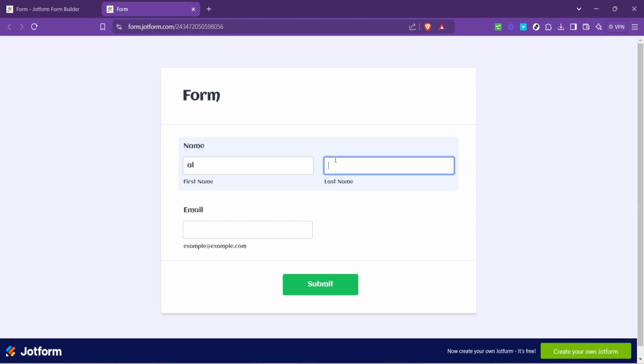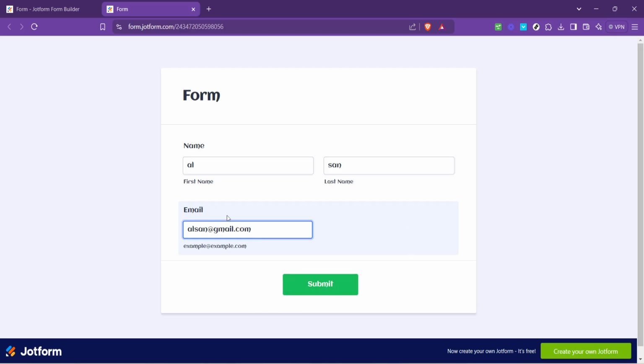During this testing phase, pay attention to several key aspects. Firstly, ensure that all the form fields accept the type of input you expect. For example, an email field should correctly identify and flag incorrect email formats. Secondly, test the form's responsiveness. Various devices, phones, tablets, laptops should have no trouble displaying the form correctly. Lastly, fill out the form in its entirety to confirm that the submission process is smooth and error-free.